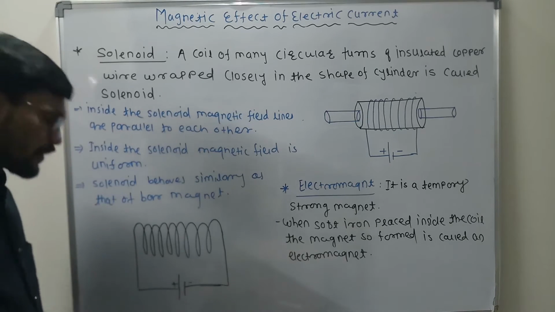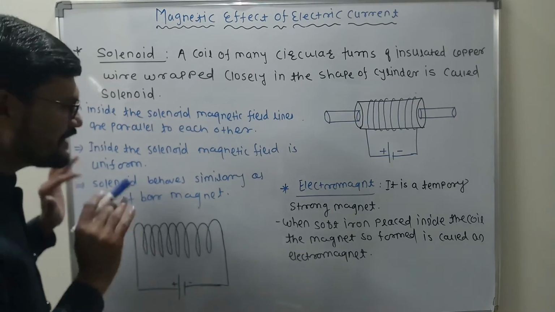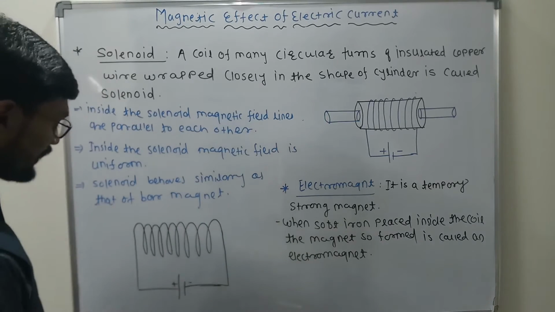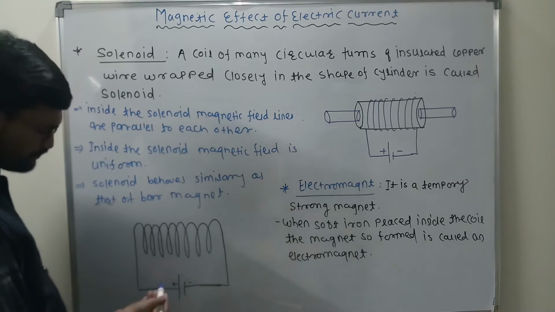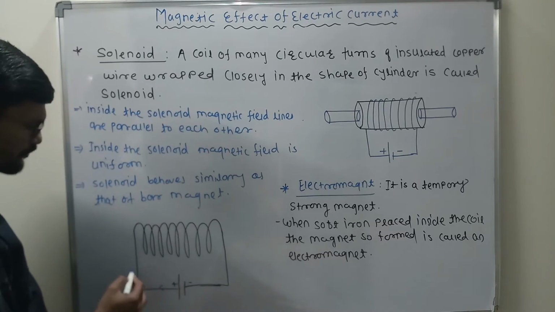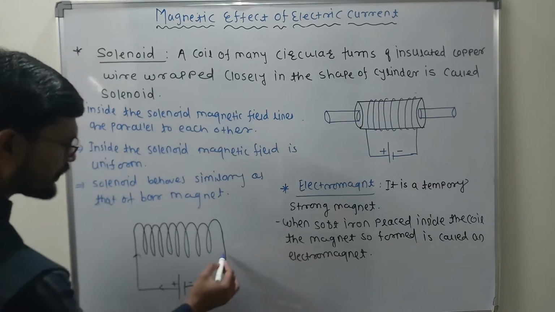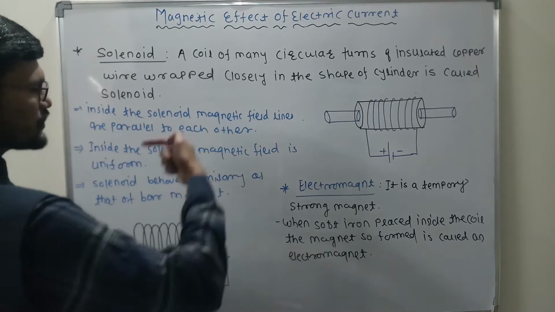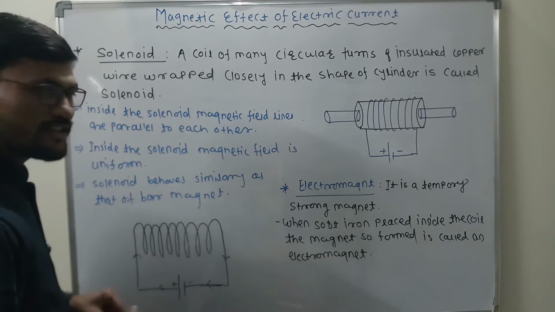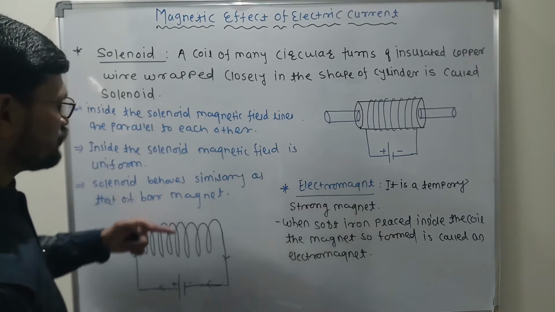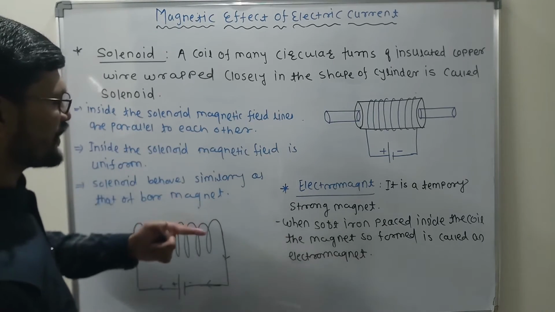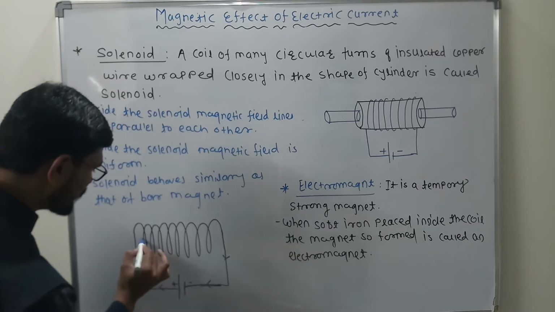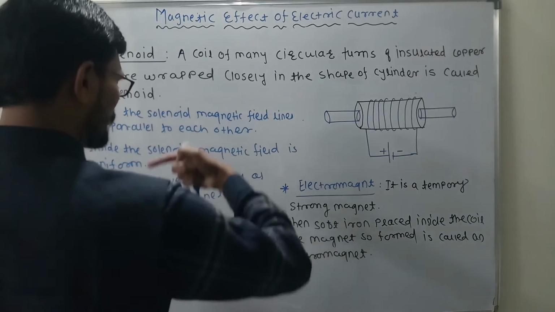This is one. But what is the importance of the solenoid? It's a very fantastic concept, isn't it? Obviously, you learn it. Now, when the current flows, how does the current flow? When the battery is connected, the current flows from the positive terminal of the battery to the negative terminal of the battery, no doubt. As well as, these are the turns we have taken in this diagram. Obviously, then, the current follows which loop? Obviously, current is flowing in a circular loop now. Clear? Now, the current is flowing in the circular loop.